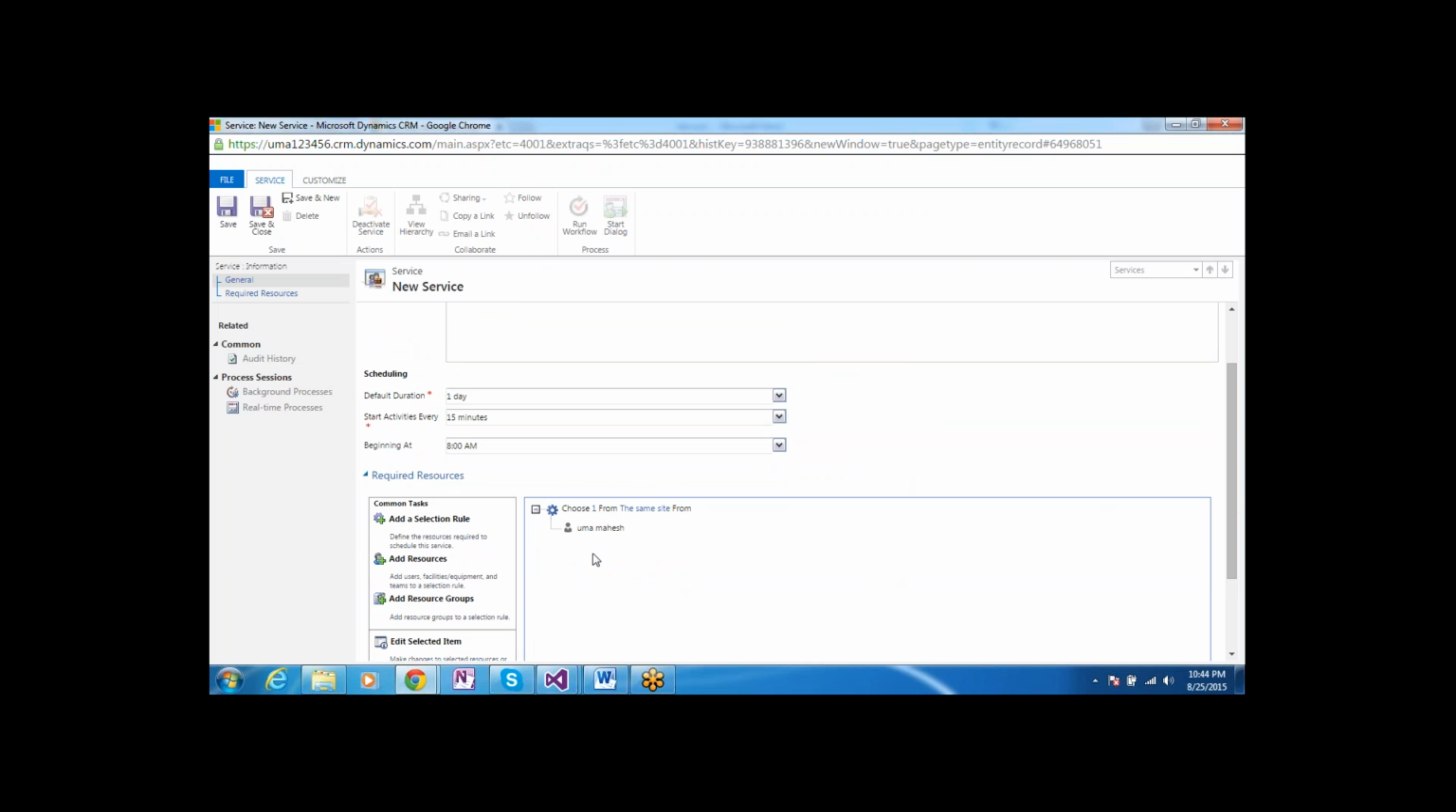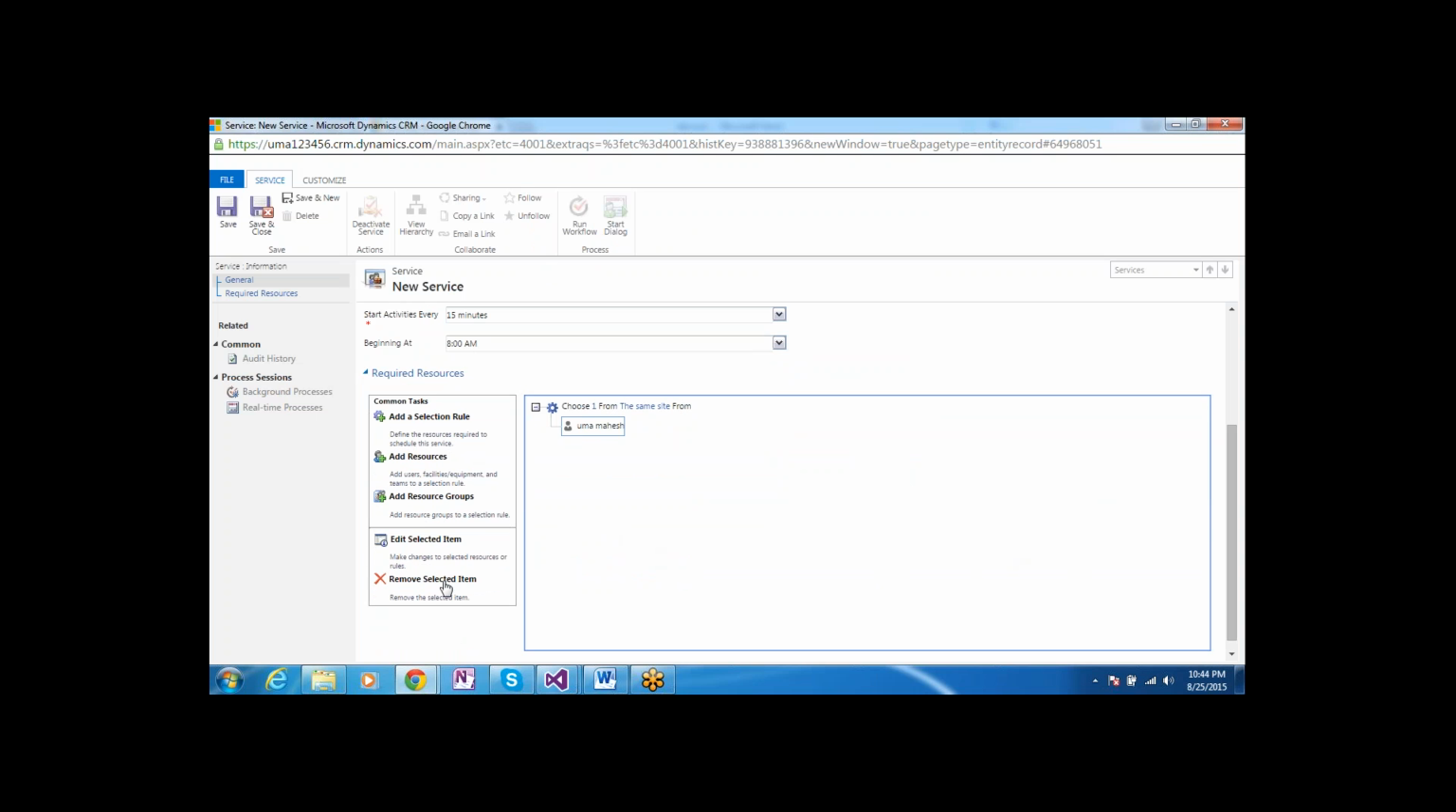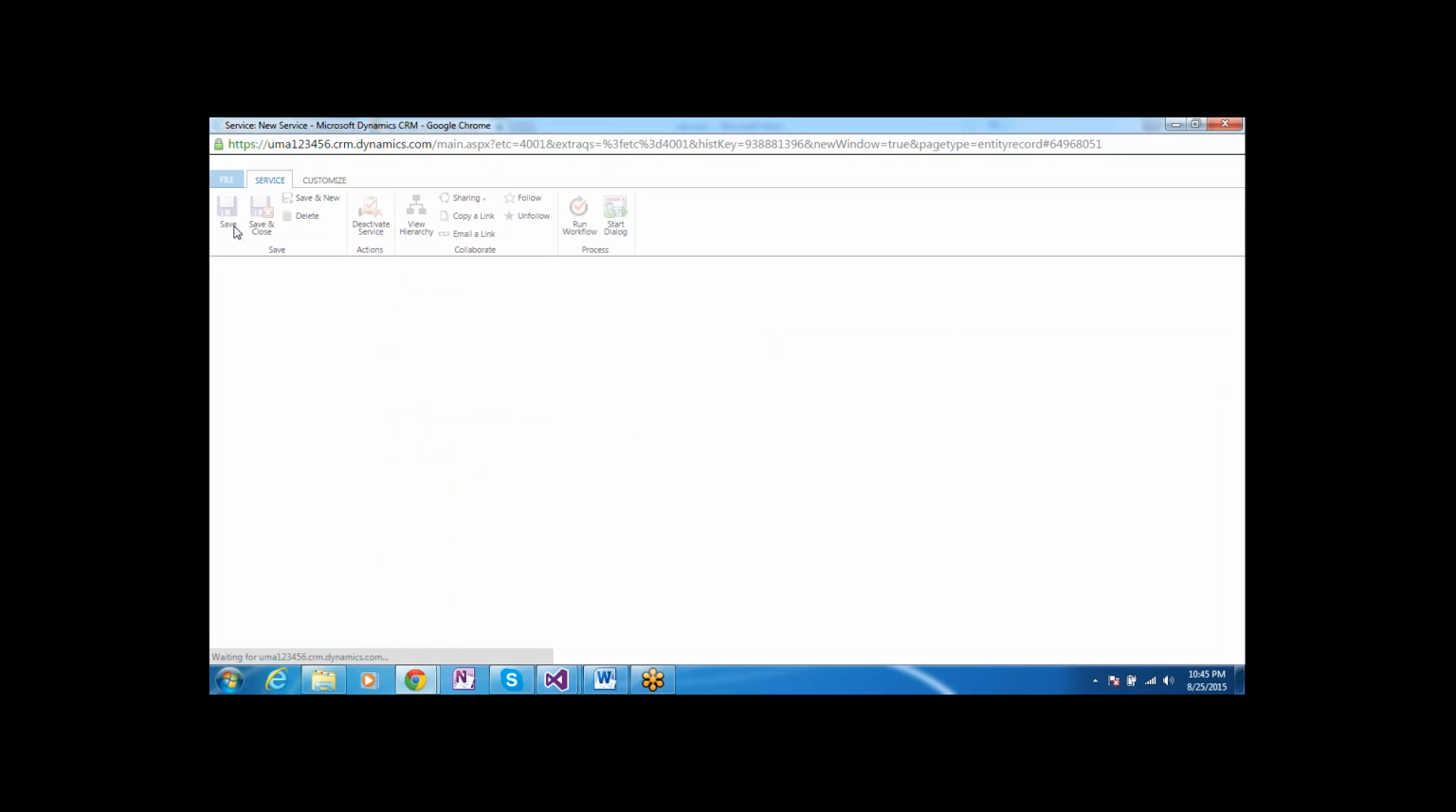Once this is done, from here, if you don't want this one, you can select it and remove the selected item. If you want to edit, you can edit the selected item. If you want to add a resource, same thing, we can add it from here. Once the service is created and saved,